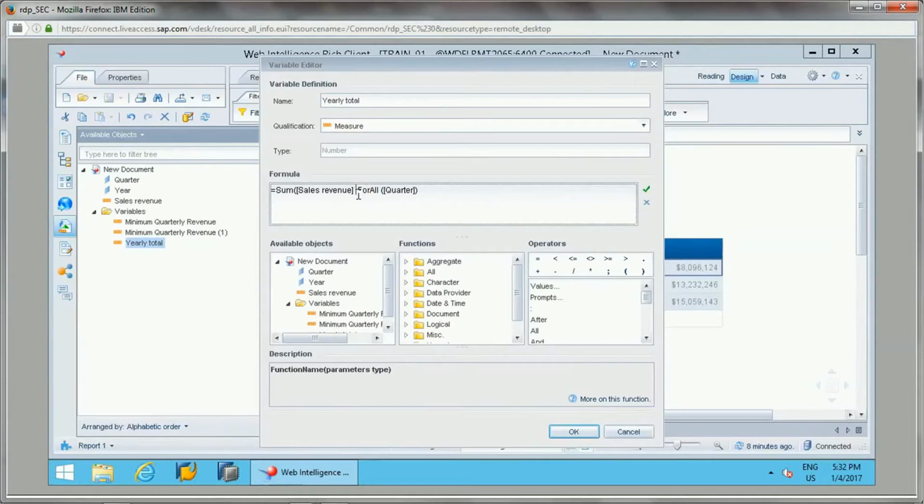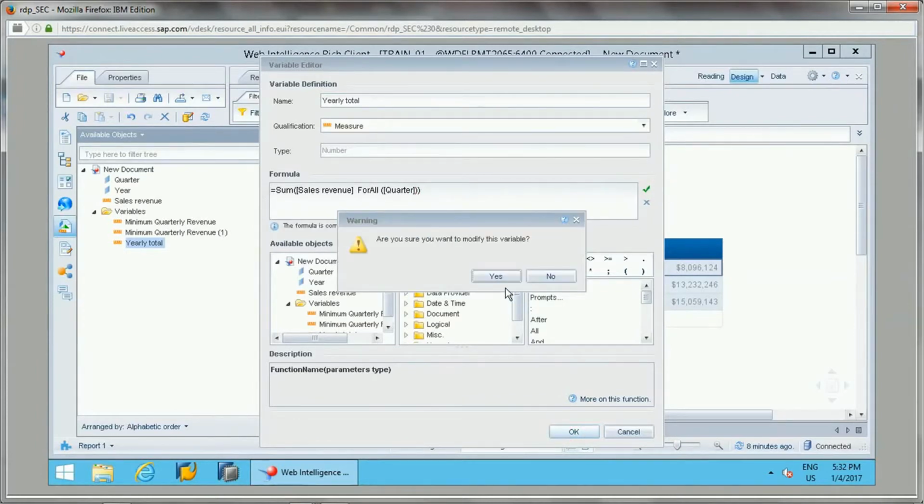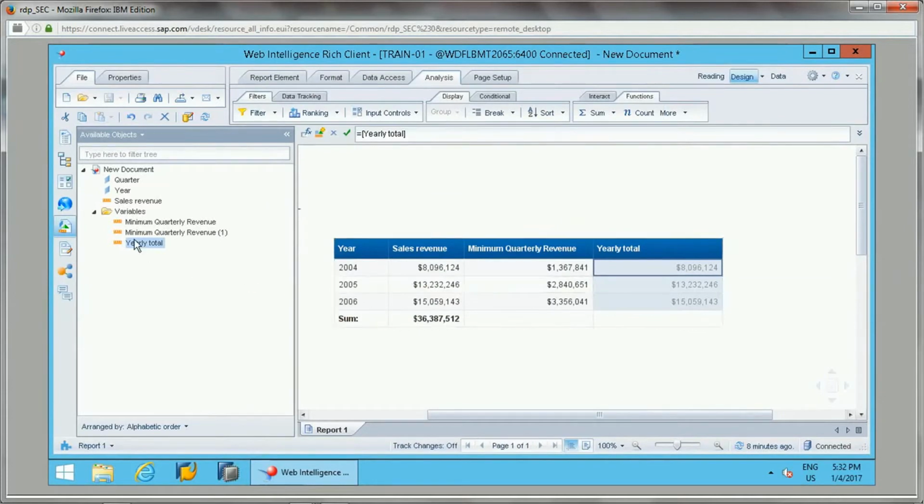Okay, for all: sum of sales revenue for all quarters. So if I add this, it will remove this, and it will give the data like this, year wise.